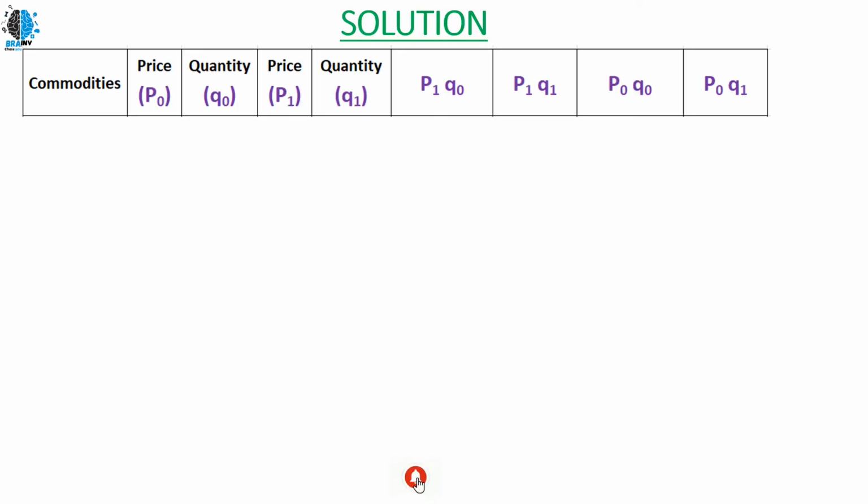It is clearly given what the price and quantity values of the base year and of the current year are. So with respect to this, we will have the combination here, four columns: P1 Q0 and so on till P0 Q1. All these combinations you will have in the Laspeyres and Paasche methods. If we know the formulas of the Laspeyres and Paasche methods, we can easily derive all of these and do the calculation as well. So these are the columns of my tabulation.